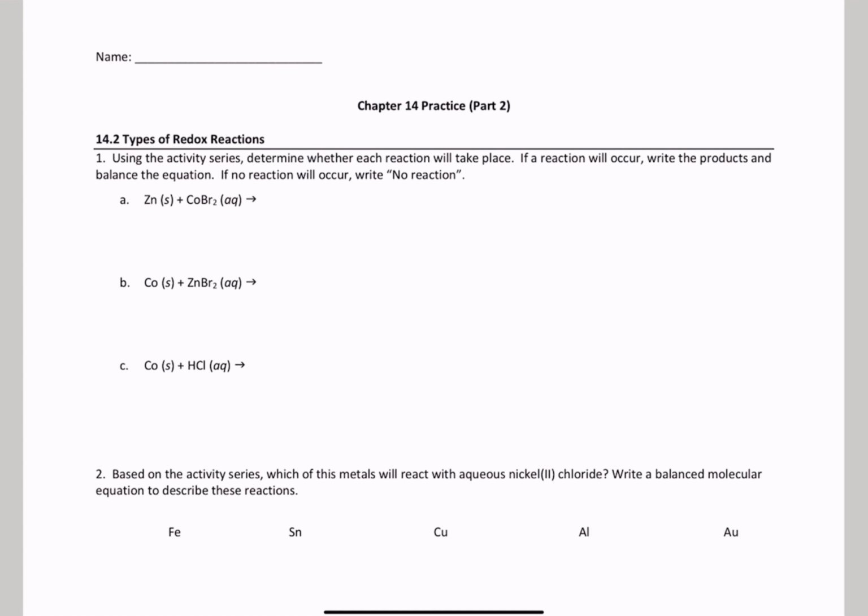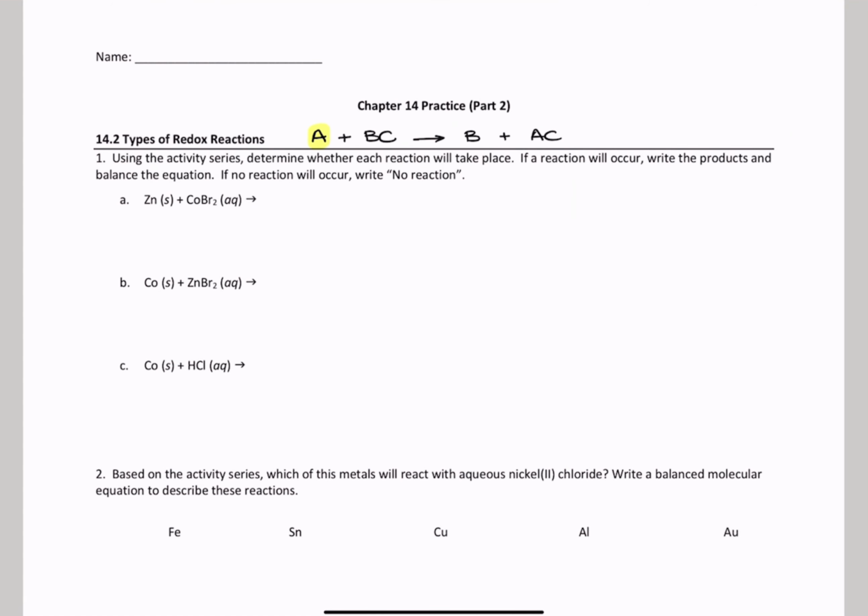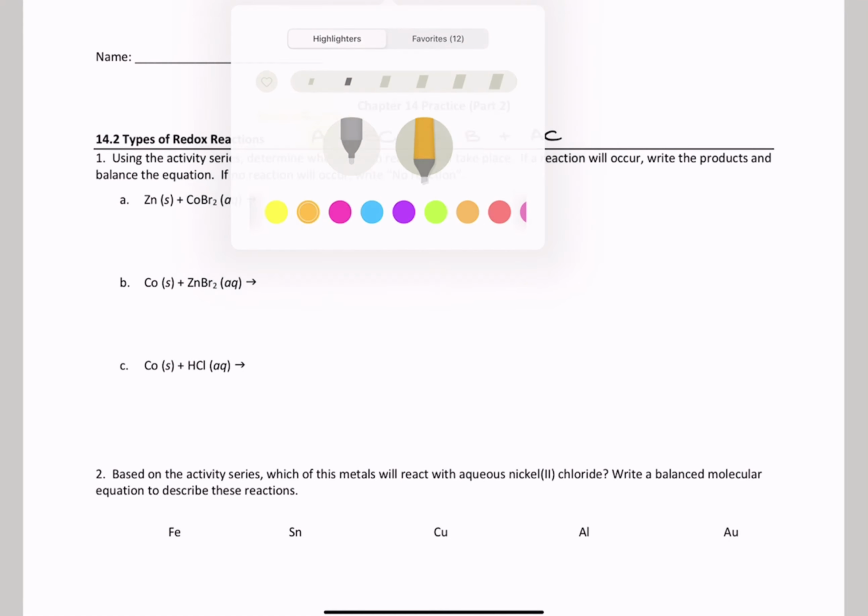Okay, so first of all, you have to remember that we are here in presence of a single displacement reaction. The general template of a single displacement reaction is as follows. Elemental A plus compound BC forms elemental B plus new compound AC. Remember that here in this case, A is elemental. Elemental means that it has no charge and an oxidation state of 0. Here we have a compound,